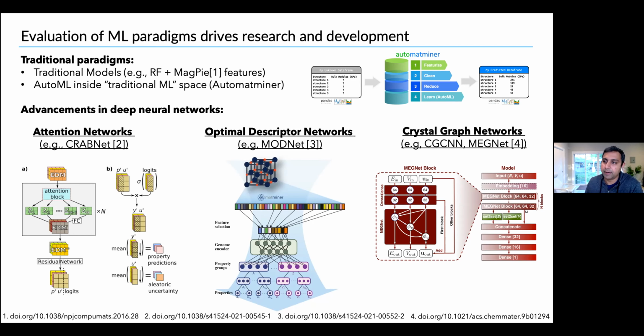It'll try different hyperparameters for all the different models. And it uses genetic algorithms to search through the space of different machine learning models and try to pick the best one. So AutoMapMiner is also available open source along with the MapMiner package. So this is something that, given the data set, will automatically train and give you a model.